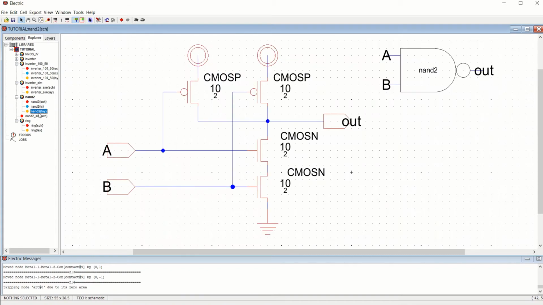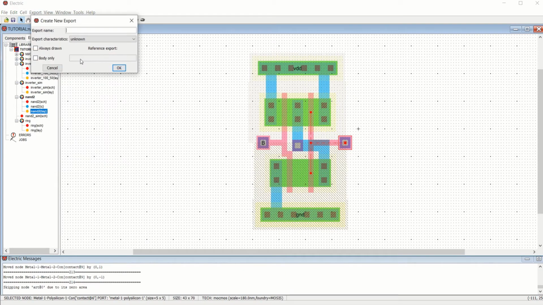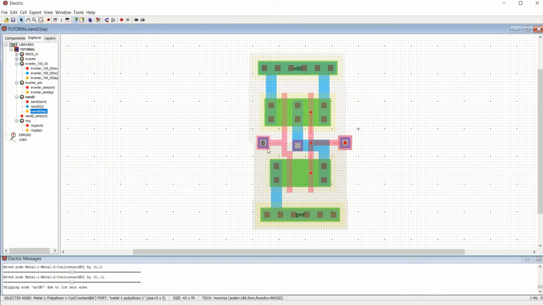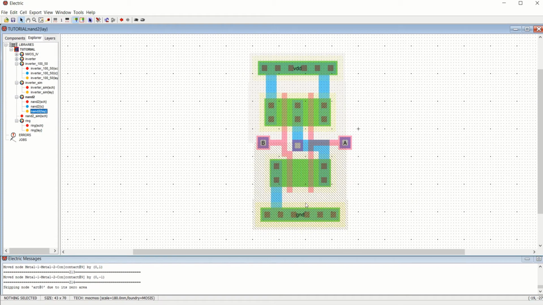That's why whatever the logic lies nearer to the ground, that will be your B, and this will be your A. So the slight confusion will be there which one to choose, but choose whatever is near the ground, that will be your B by looking into the schematic. This B input is nearer to the ground, so that's why we are placing the B first, then A.